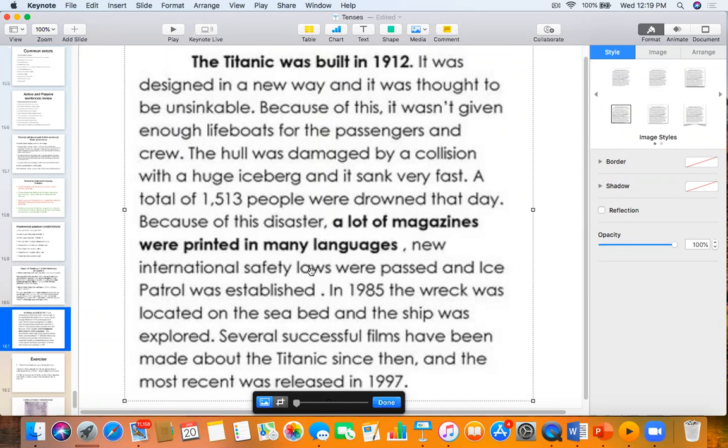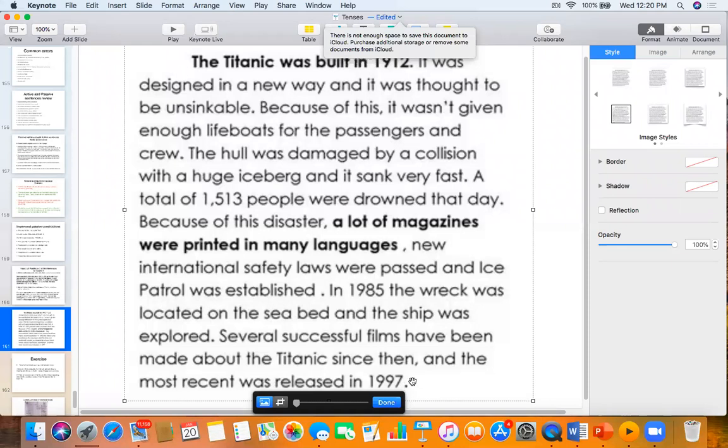New safety laws were passed. An ice patrol was established. In 1985, the wreck was located on the seabed and the ship was explored. Several successful films have been made about the Titanic since then, and the most recent one